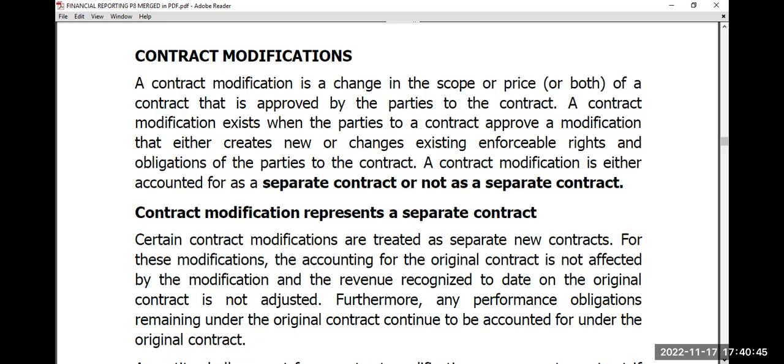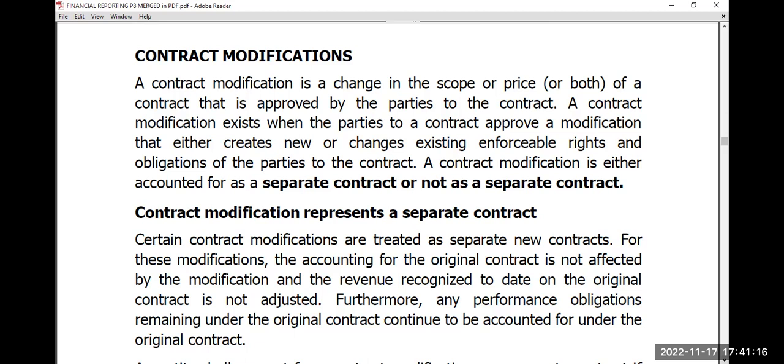If the terms are not changing, but what actually changes is maybe the location, you are supposed to deliver the 10,000 tons, but instead of taking them to Kenya, you are supposed to take them to Tanzania, but the rest are the same, and you agree that I can do that at the same cost, then there is no need of